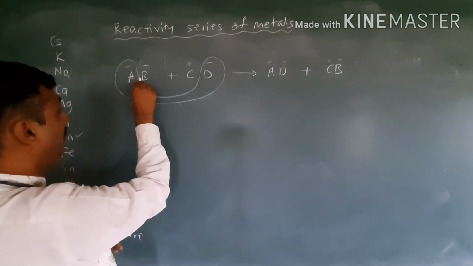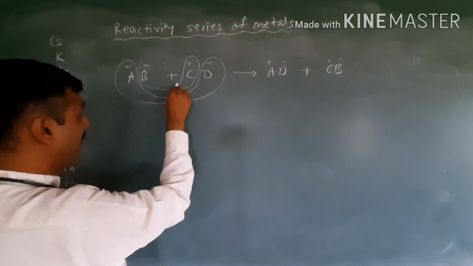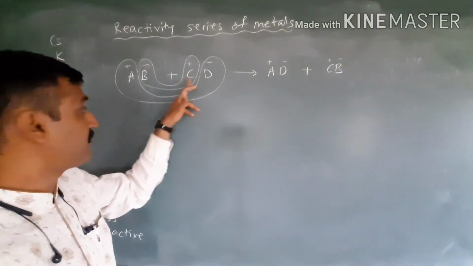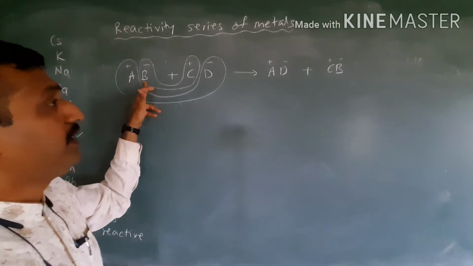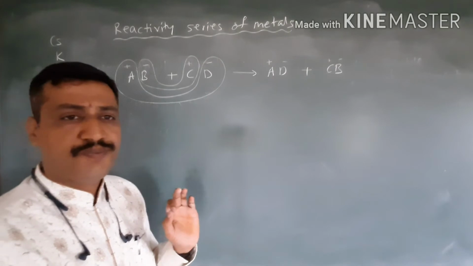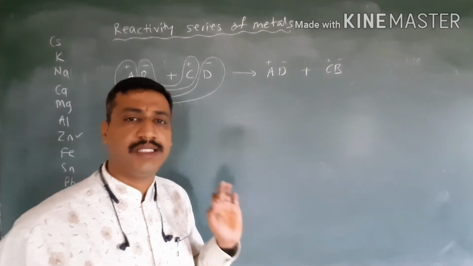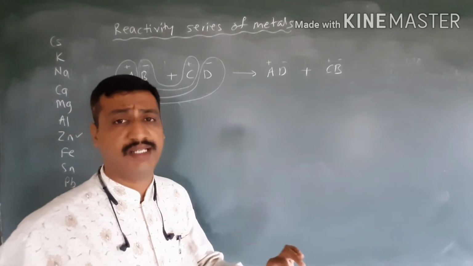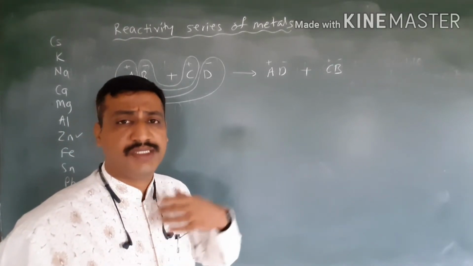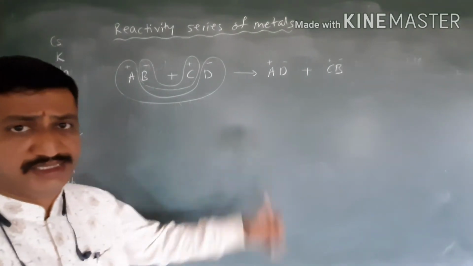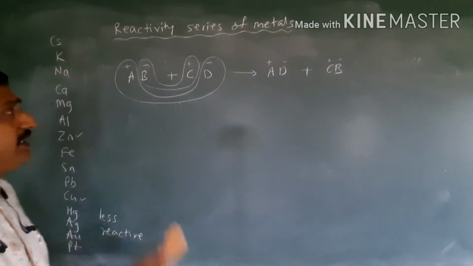Opposite to this, on the other hand, what will happen? The positive part of the second substance reacts with the negative part of the other substance. In this way the compounds will be formed. So what are double displacement reactions? Double displacement reactions are the reactions in which exchange of ions takes place and the positive part of one substance reacts with the negative part of another substance and vice versa. So here this is the example, general notation I give.